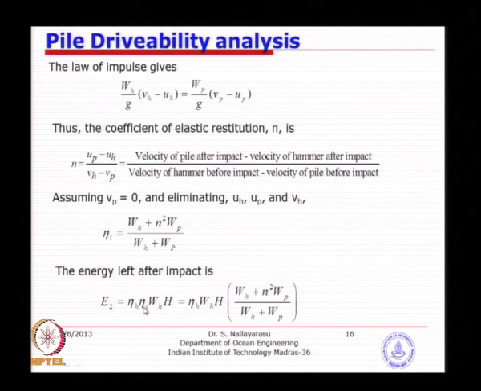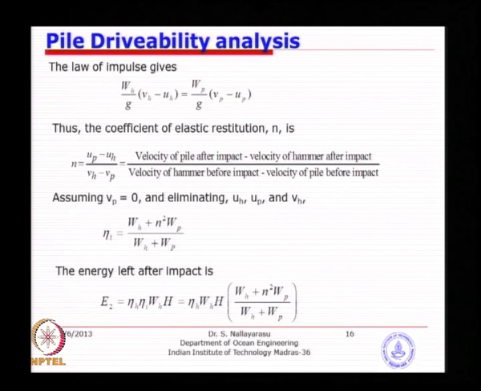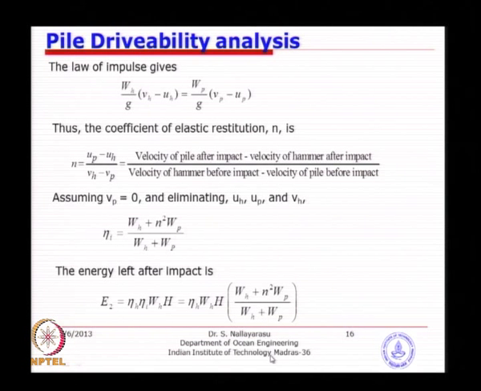The efficiency of the striking itself is eta I, just the formula you calculated from here, and the energy available at the end of the strike is given in terms of hammer efficiency and the weight of the hammer and height of the fall multiplied by the coefficient of restitution. Suppose if you have